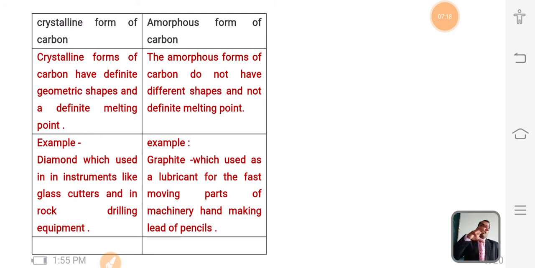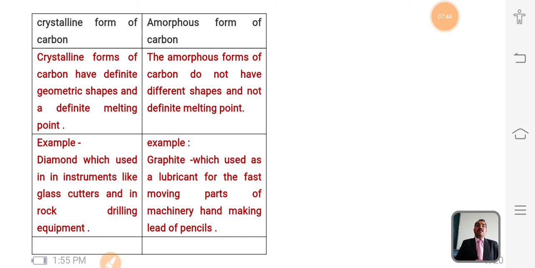Suppose you have any crystalline solid material and you are providing heat to the system. The solid material will start to melt. Its temperature will not vary, and the whole solid will melt at a fixed temperature. That is said to be the sharp melting point.